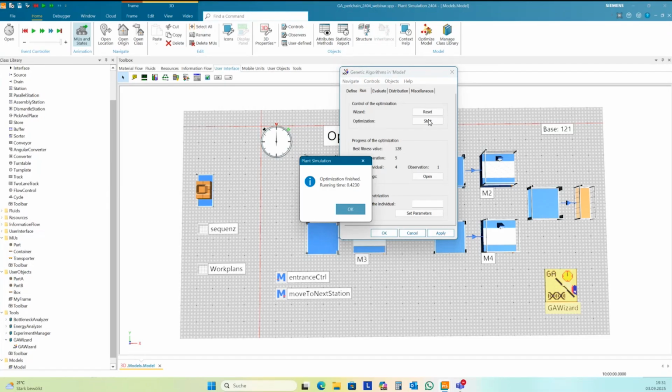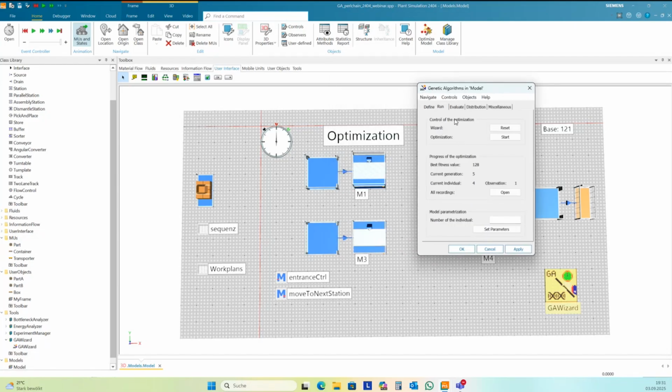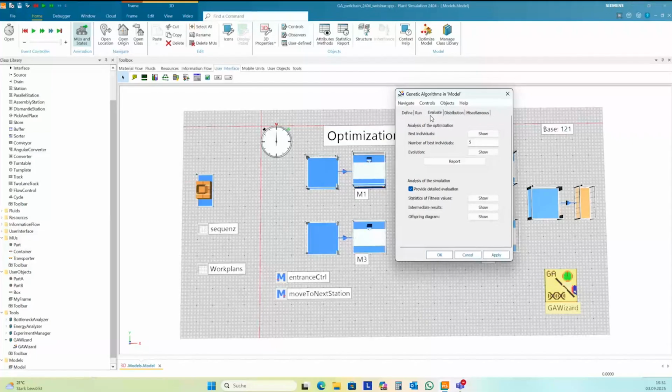It took 0.4 seconds. Okay. In the tab Evaluate, you find the best individuals.